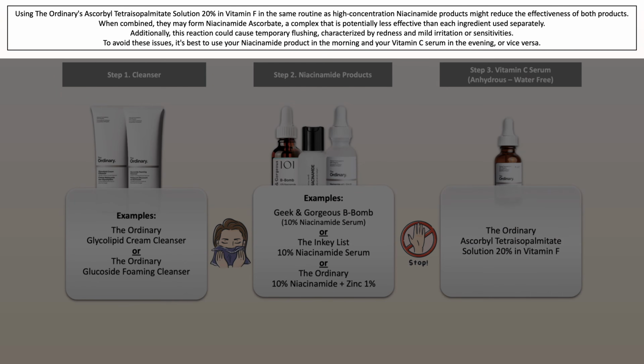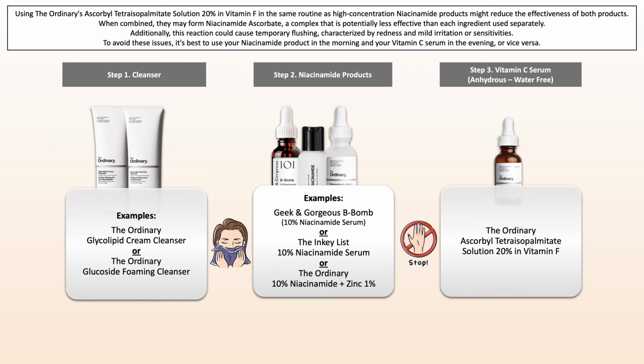Now that I have covered the benefits, I want to share with you one potential conflict, and then we're heading into the example morning and evening skincare routines to go over the order of application so that you'll achieve the best results. So there's one potential conflict, and that's with niacinamide products. When niacinamide and vitamin C products are used in high concentrations and applied together at the same time, they can theoretically form a complex called niacinamide ascorbate. This might reduce the individual efficacy and may cause temporary skin redness.